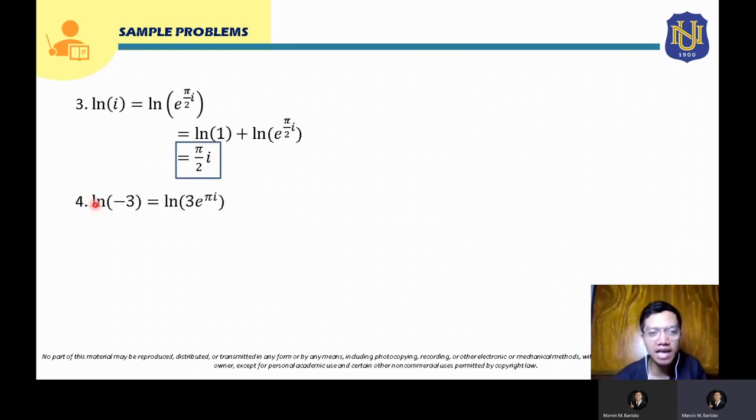Now for number 4, this is ln of negative 3. If you input that in your calculator, that is actually a math error, so we cannot solve this using the calculator. We can solve this by applying our concept here. This negative 3, we're going to convert into its equivalent